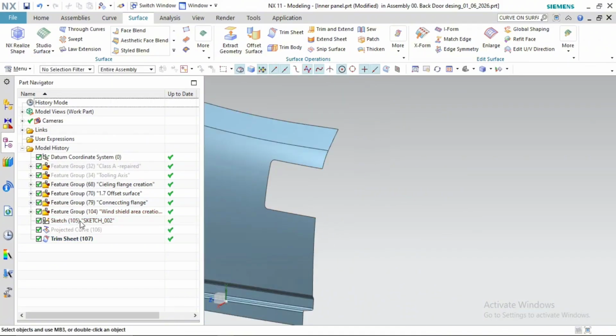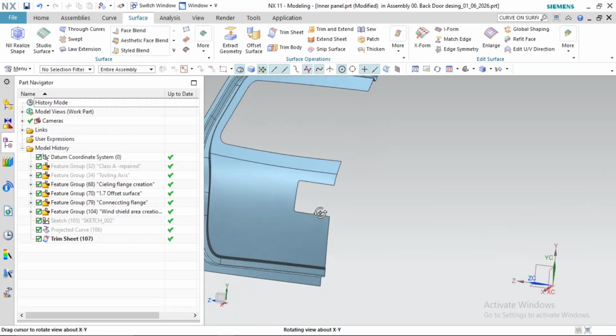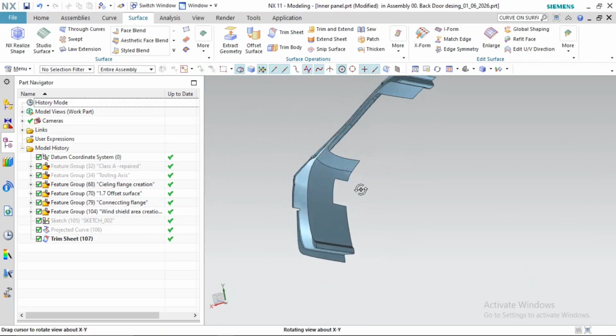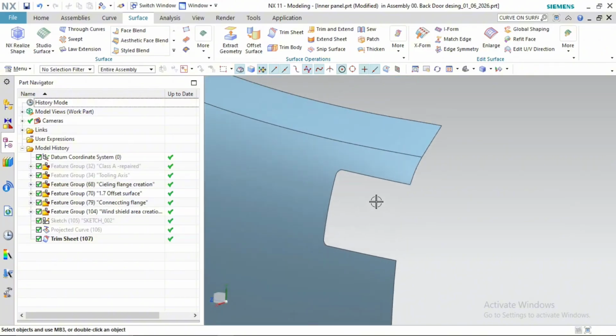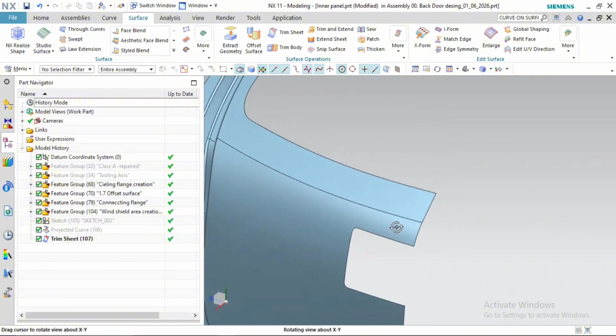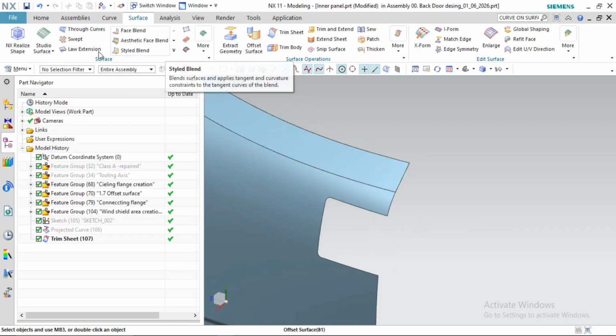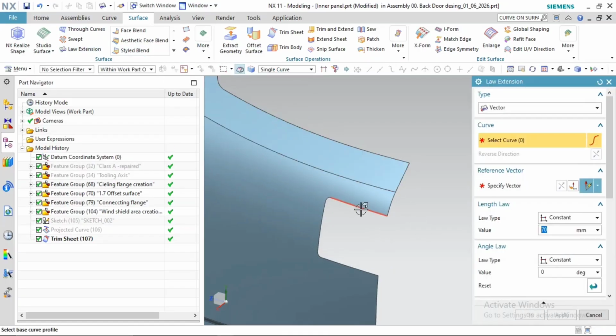After that you can hide this sketch and project it. So this is how we have the surface up to now, and now we will create one flange, which is the lancing. So go to the law extension,